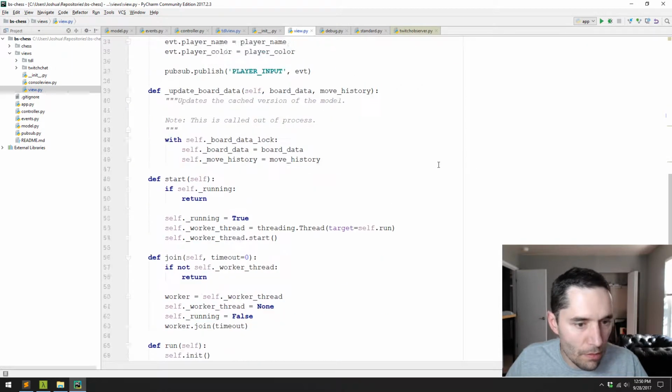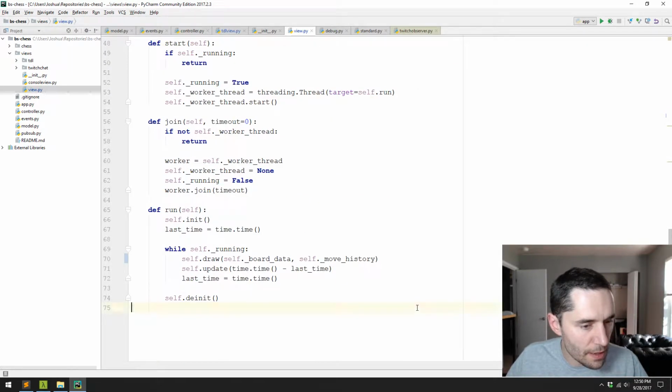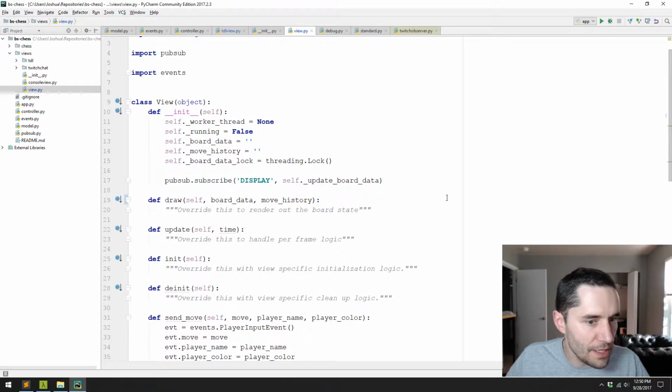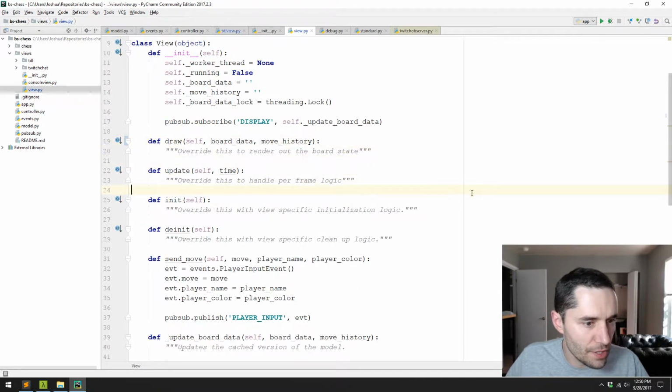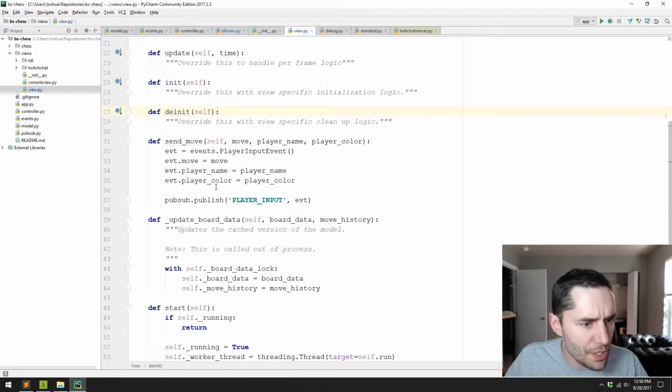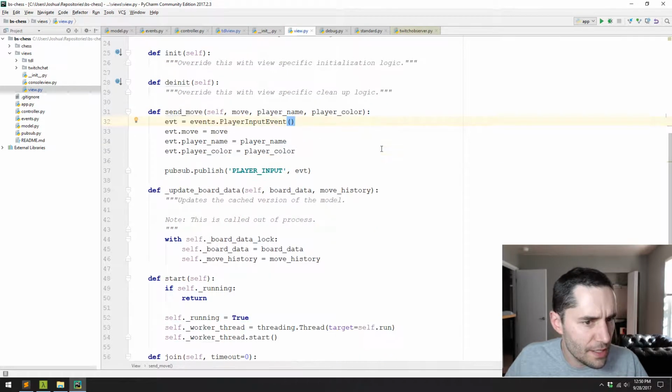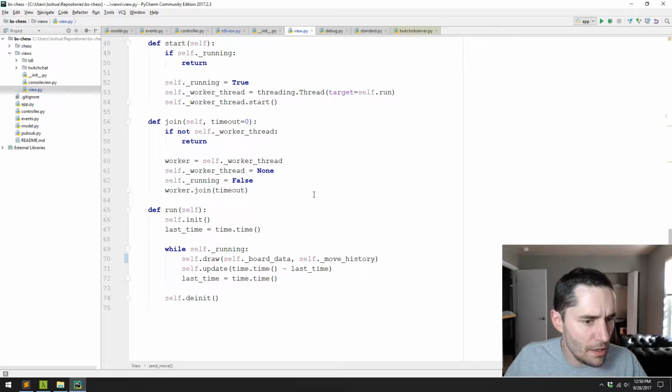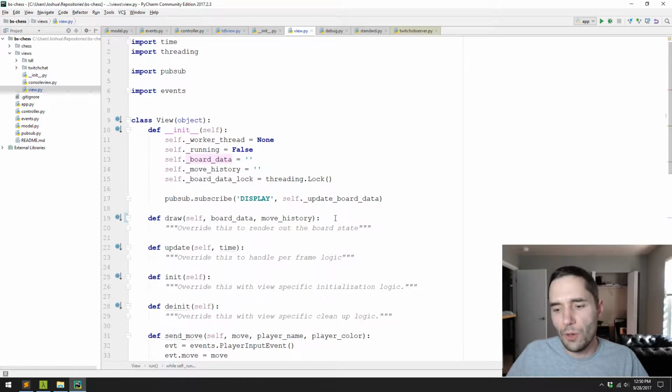Okay, so I think this is looking all right. At least I want to make sure that all the ones folks are supposed to override are clumped together. And there's a description there. The send move, I don't care if it's static or not. Okay, so the last thing I need to think about for our small little QA phase here is